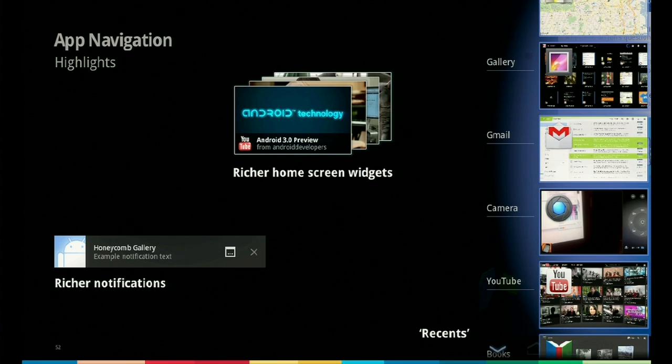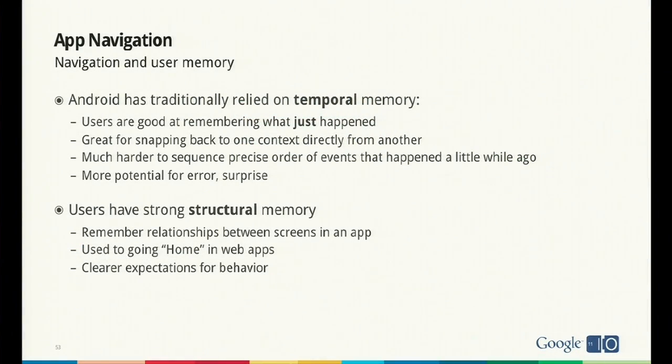So traditionally, navigation in Android has been based on the user's temporal memory, meaning users are good at remembering what just happened. They're slightly less good at remembering a sequence of things that happened shortly ago. So knowing what just happened is great for hitting back and snapping back one step to the prior context. But there's more potential for confusion, a bad kind of user confusion, if the app has a longer